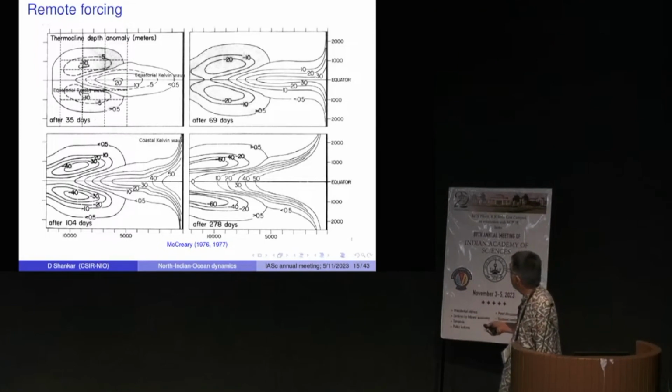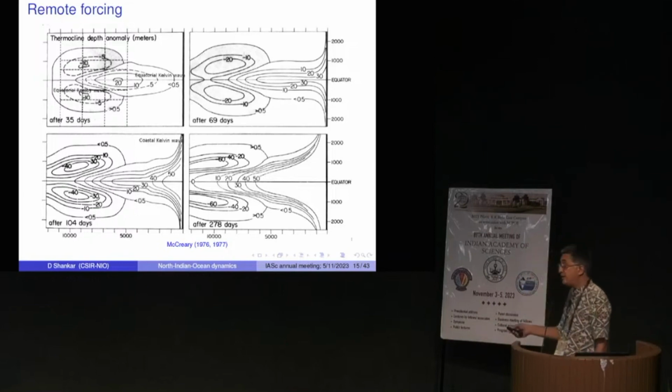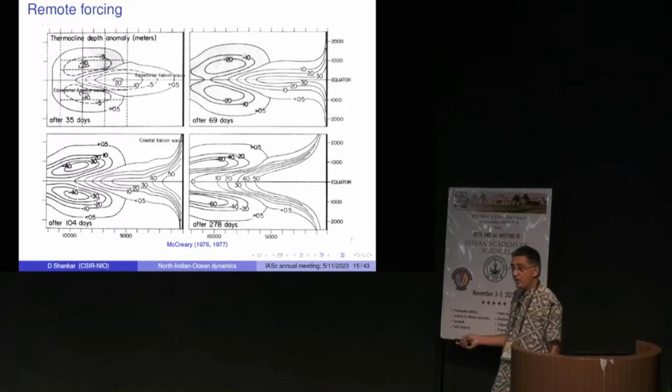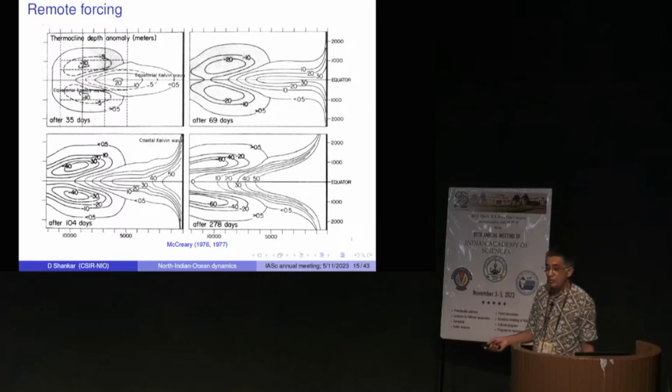But the reflection is not restricted to just the Rossby wave being produced here. You see a coastal Kelvin wave also going poleward on both sides. So these signals can be tracked to Alaska and to Chile. So there is actually a paper in Nature in '93 by Jacobs et al. They used the then available Geosat altimeter to track the impact of the 1982 El Nino, which was the biggest on record till